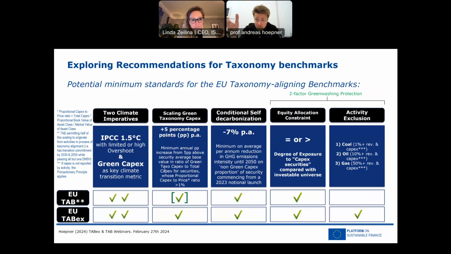On any benchmark administrator in the audience, and I saw some names already, that's essentially what benchmark administrators do here. Yeah. They marry the macro and the micro. They take an economy view, and then they, in their own rules, which they may put on top of the actual minimum standard that we're proposing here, they decide how to translate the macro into the micro. So the weighting decision by any benchmark administrator would be the micro. Our concept would be the macro.